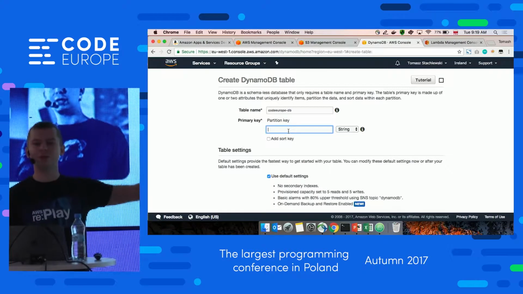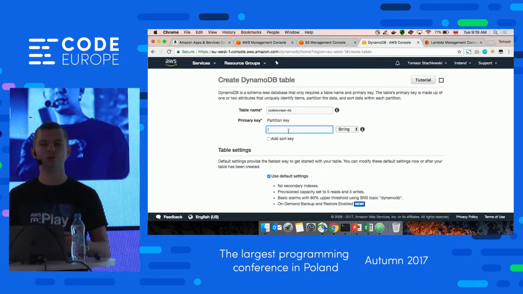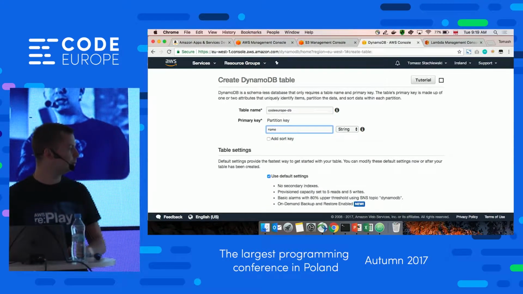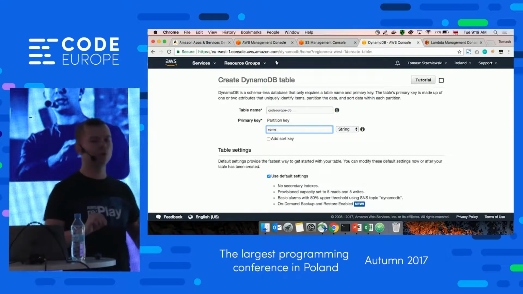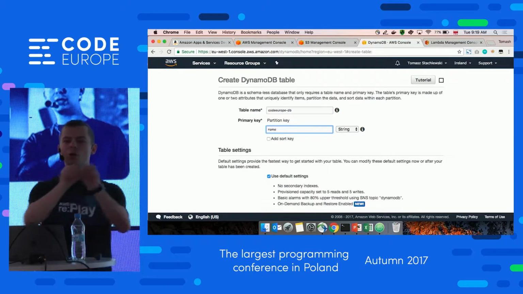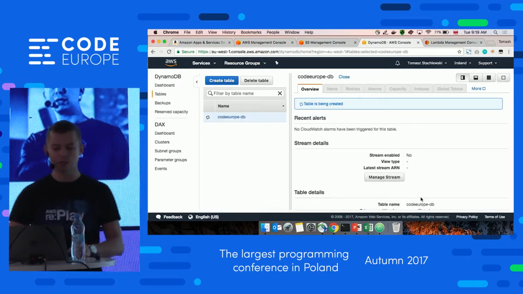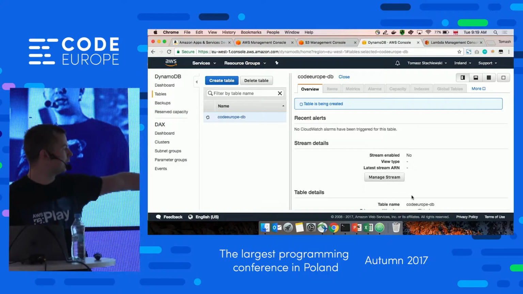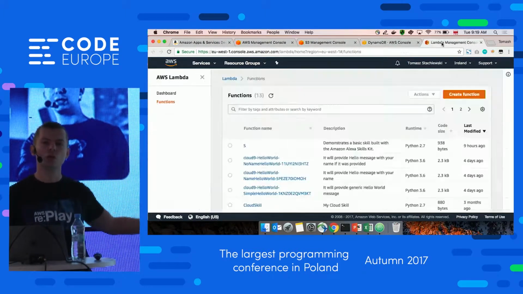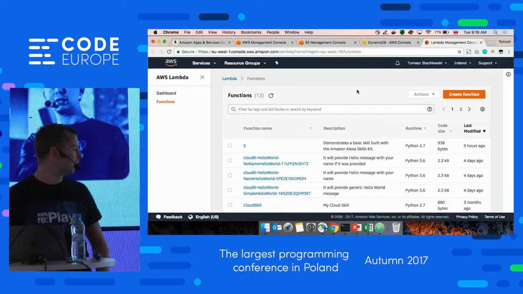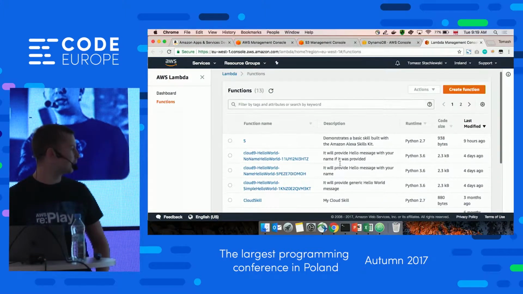Okay, and this view is everything which you need to create this microservice. So the first thing is that you want to invoke this Lambda whenever there will be a file on S3. So we need to have a trigger. On the left side, we have different services which we can connect with Lambda. So now I will use S3.